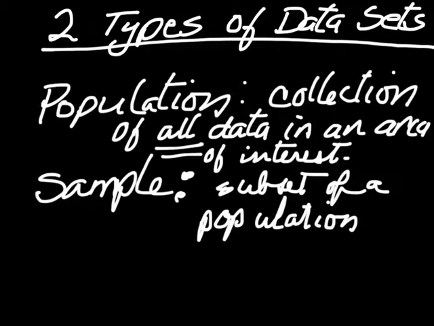But a sample is a subset of the whole population, and I still want to study the population. That's my area of interest, the racial makeup of students on the Hug campus. But in order to gather my data, I'm only going to gather it from a small portion of that population. So maybe I'll take some subset of 50 students, or maybe I'll just use U28 in this classroom because it's easy.